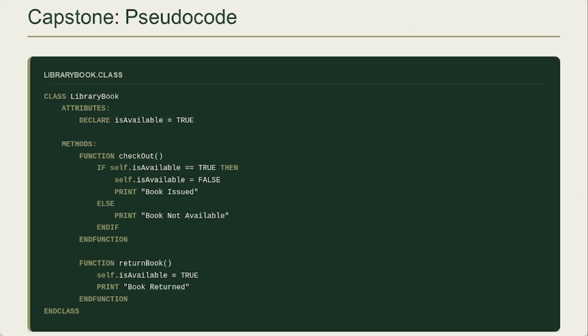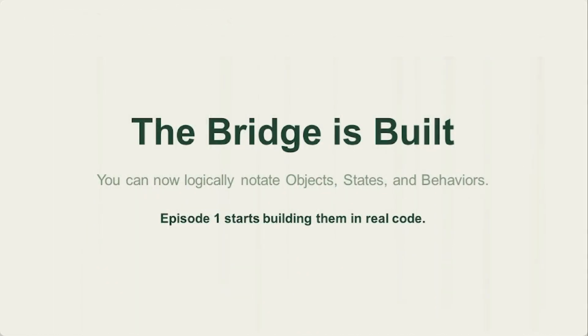First is checkout, second is return book. In checkout, what are we doing? Self.available equals true. After that we update it, and then we print that the book is issued. If it is not so, then we tell them that the book is not available. In return book, we simply update self.available, making it true, and we print book returned. End of the function. Now the bridge is built for your upcoming sessions of object oriented programming.